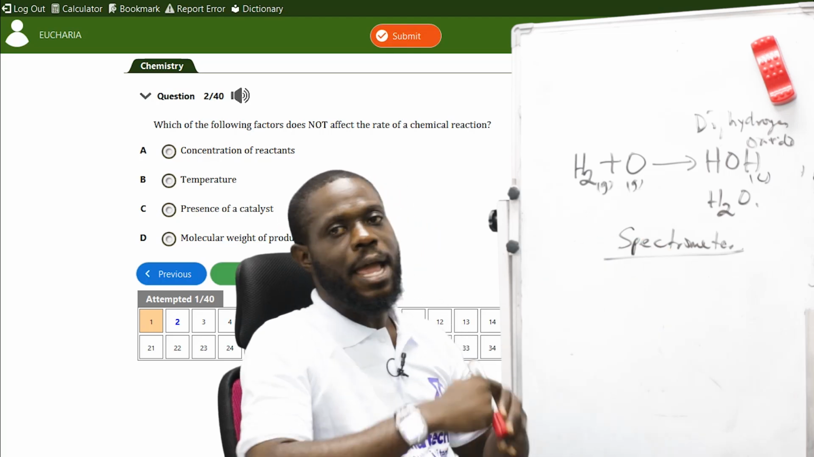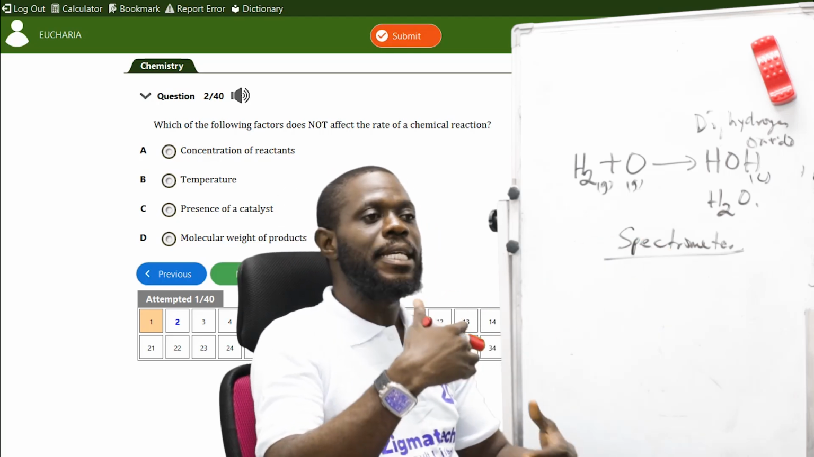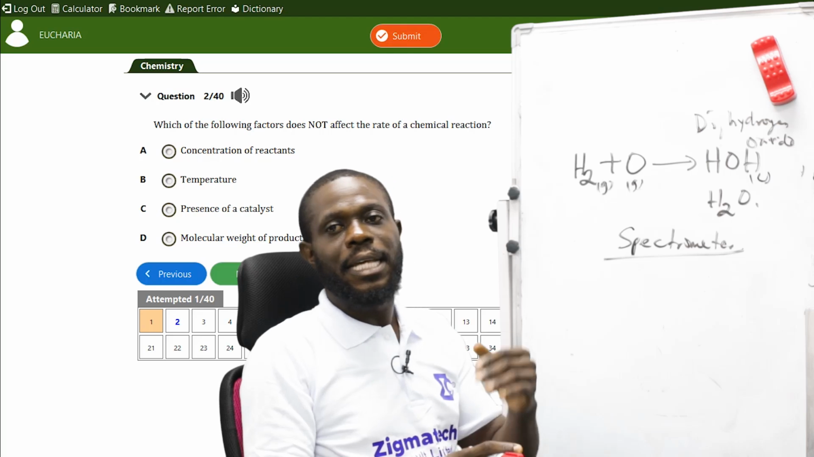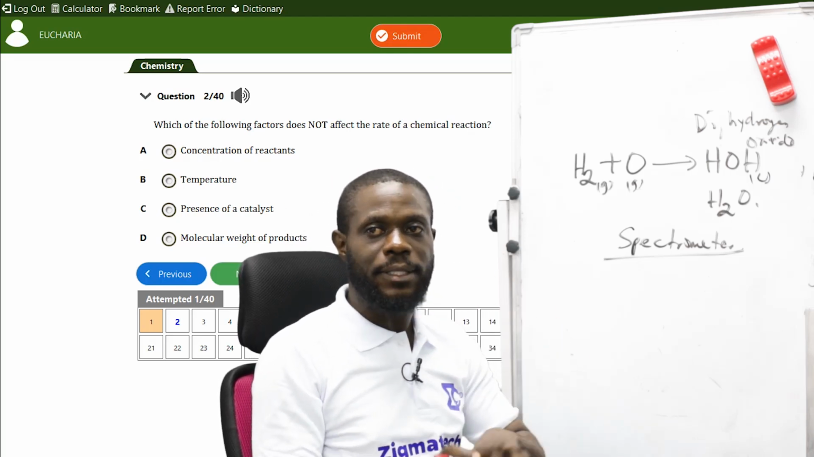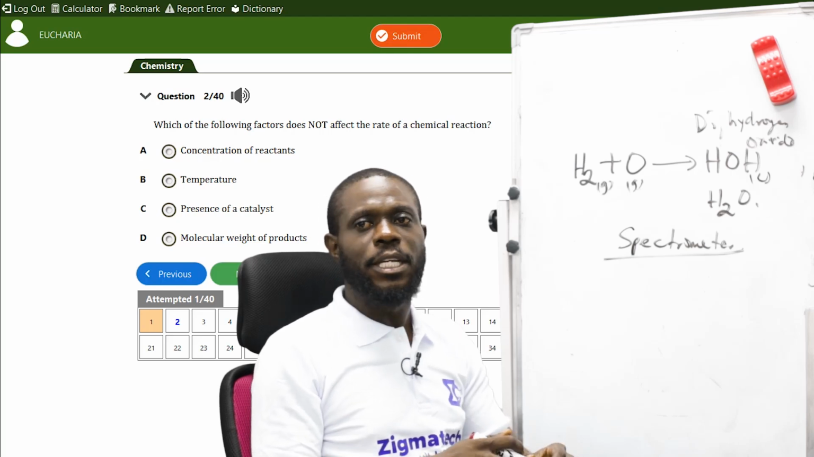Remember, in every chemical reaction, heat is added. So as the heat is being added, that is how the temperature is increasing. So that means temperature also affects a chemical reaction. Then if you check the presence of a catalyst,